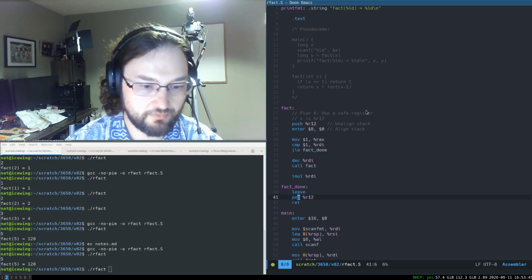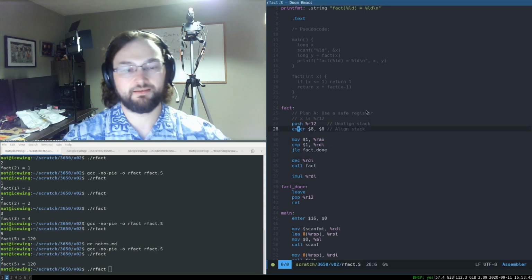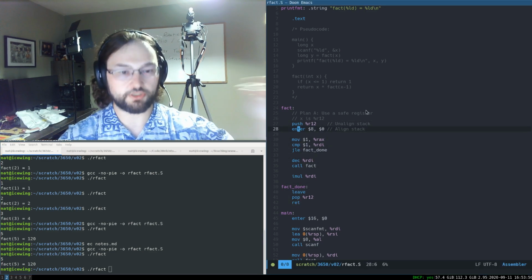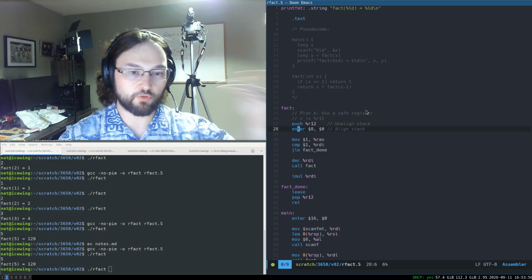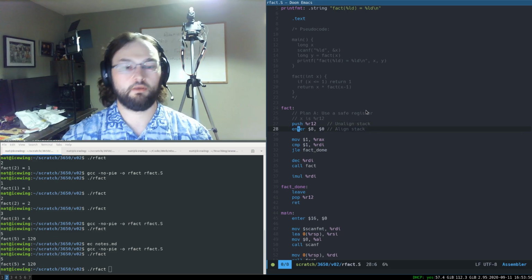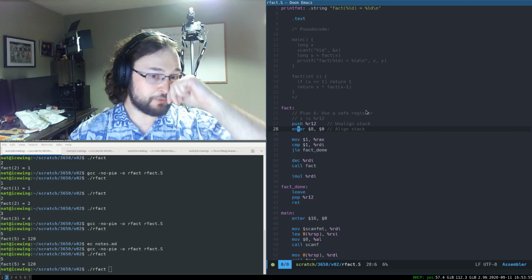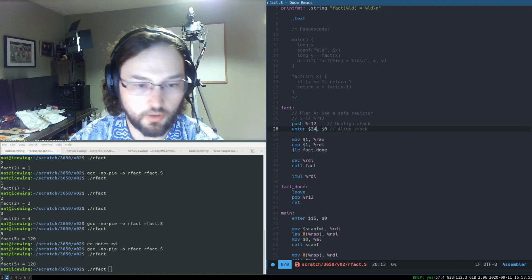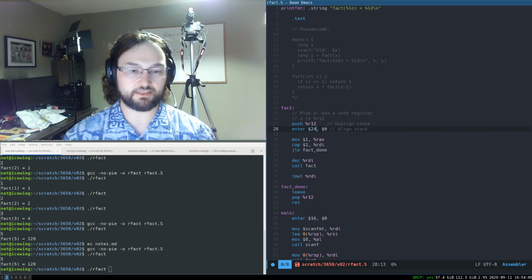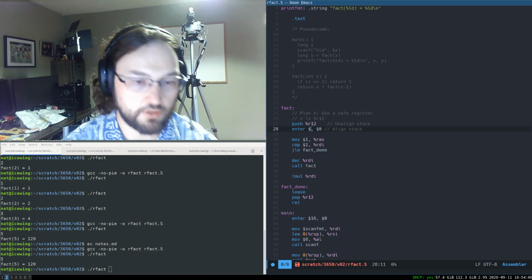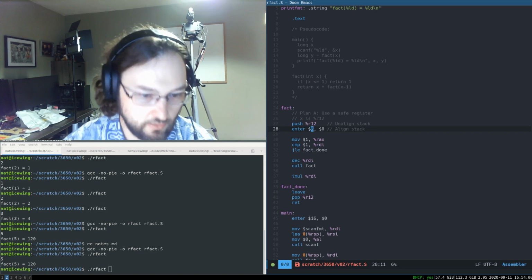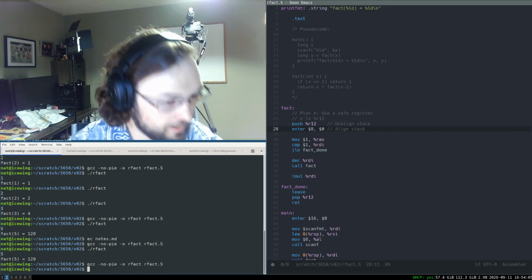Each push moves the stack by 8. So if we have an odd number of pushes, we need to enter 8. If we have an even number of pushes, we have to enter 0. We could enter some larger number. This could be enter 24. And then we'd be allocating 16 in addition to the 8 for stack alignment. But here we're just going to enter 8. Compile,